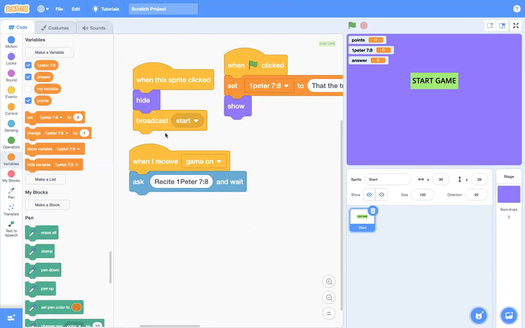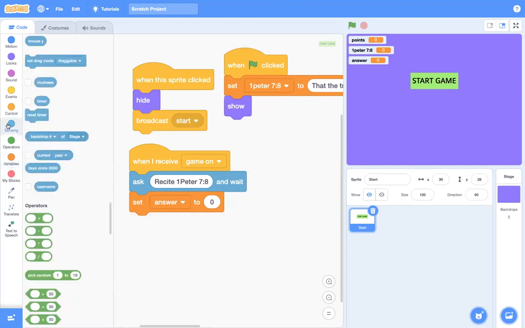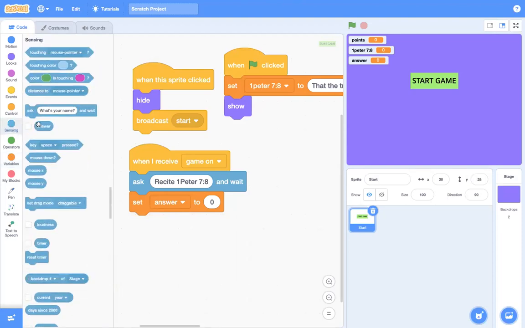And after calling it answer, you're going to say set answer to answer. So answer, which is in blue, is the function. But this answer which is here is just a variable to store, but this is the function which gets whatever someone has responded. So after someone has recited, then you set the answer to, and now you come to control